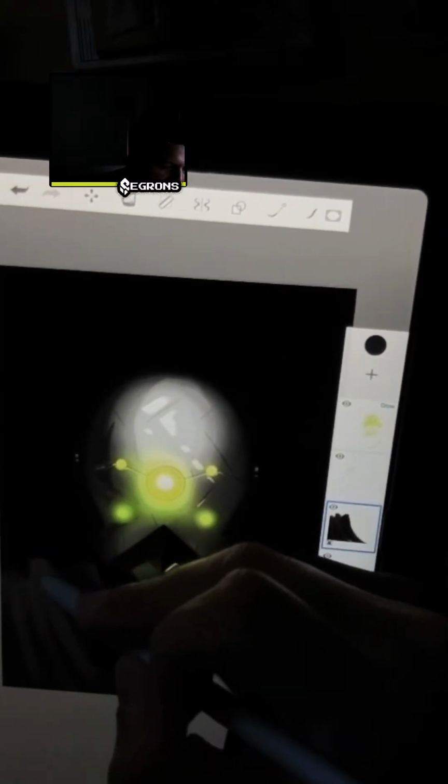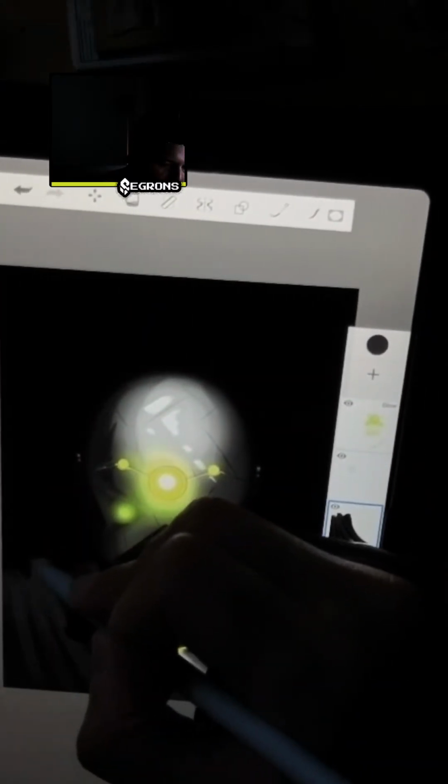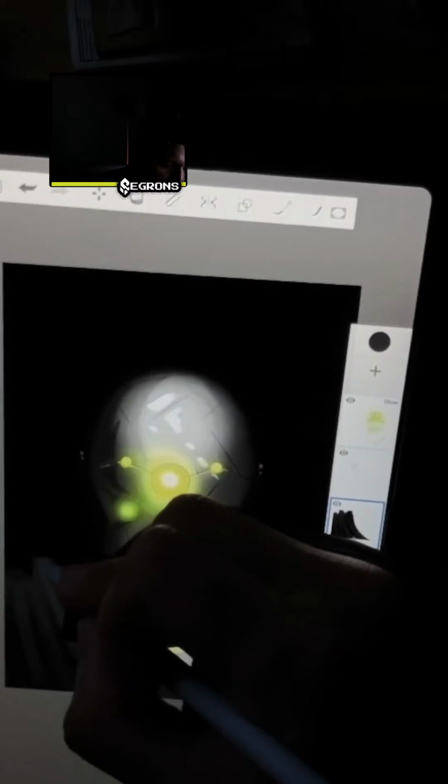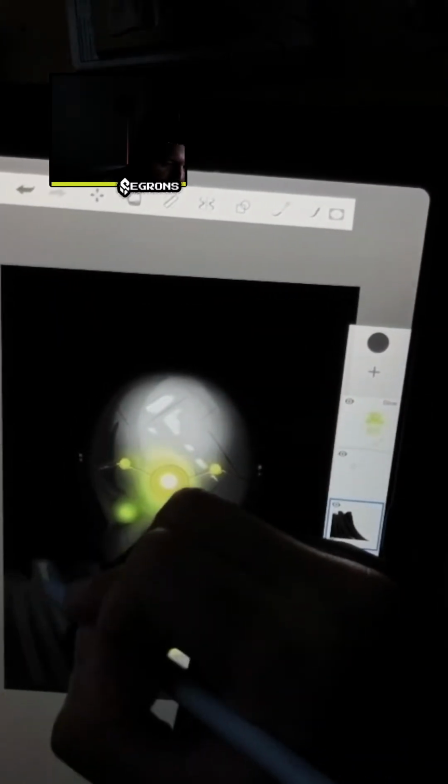Okay, so just to finish it off, let's actually. I really like this sort of brush to paint cloth. It's really fun. Really fun to paint with this